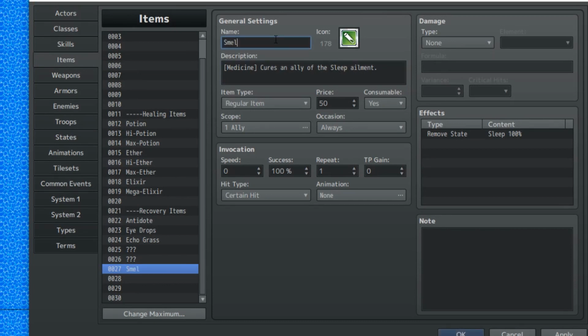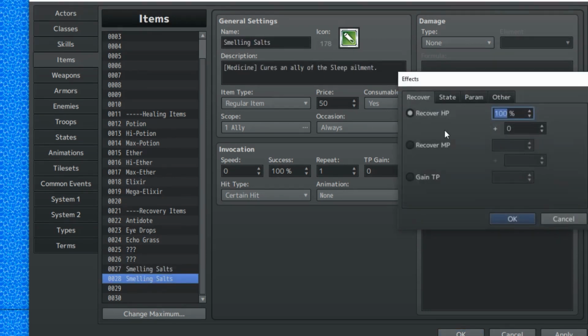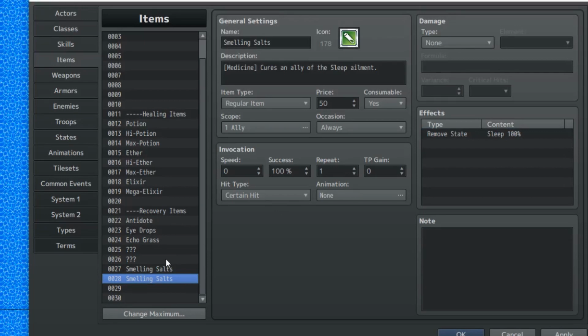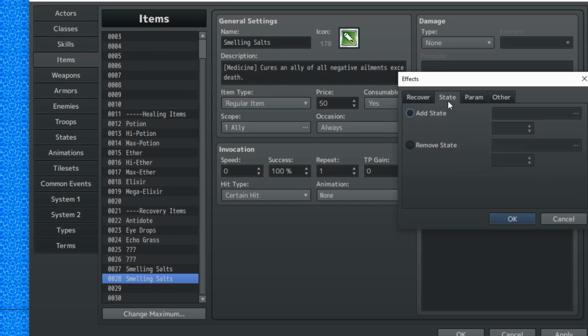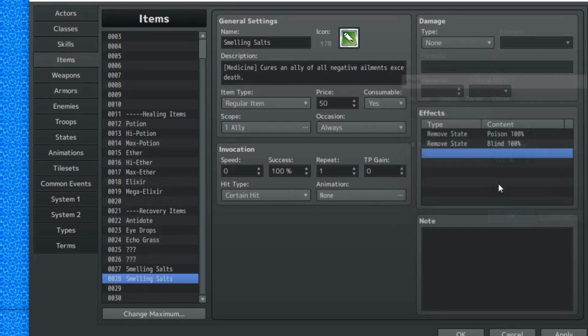And smelling salts works out quite well for that one. Then you got paralysis and stun, but I'm going to put these under a different one. So we're going to create a cure for all negative ailments. So cures an ally of all negative ailments except death. So let's remove state, poison, remove state blind,